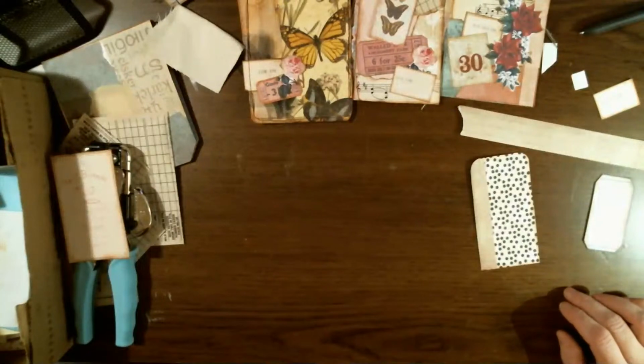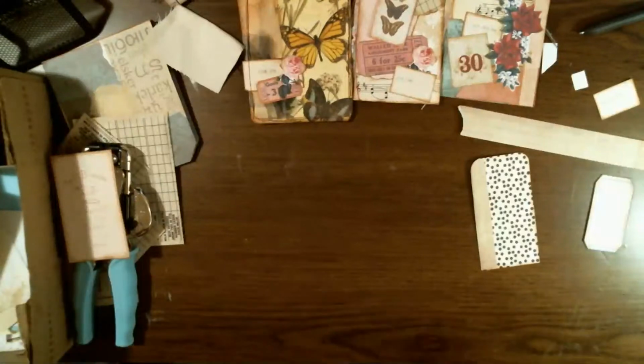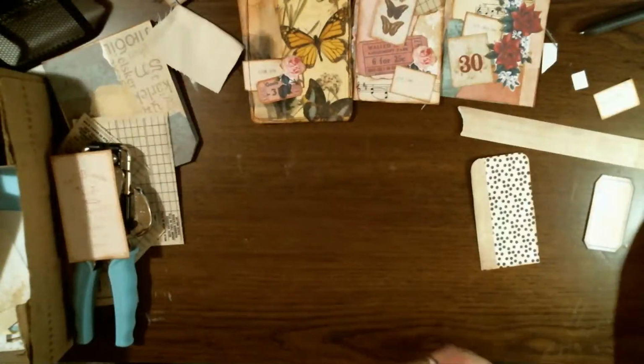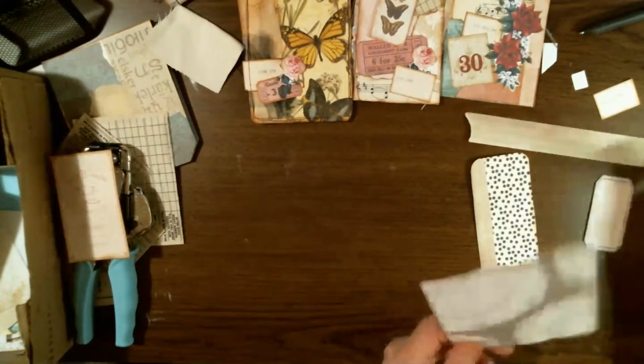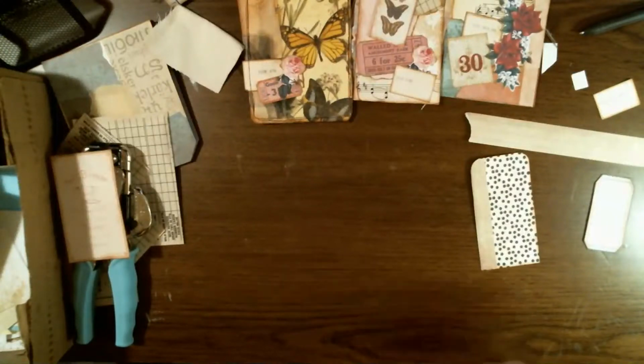You ever wonder where you get some of this stuff at? Okay. Gonna fussy cut this little doily out. Well, not too fussy, but